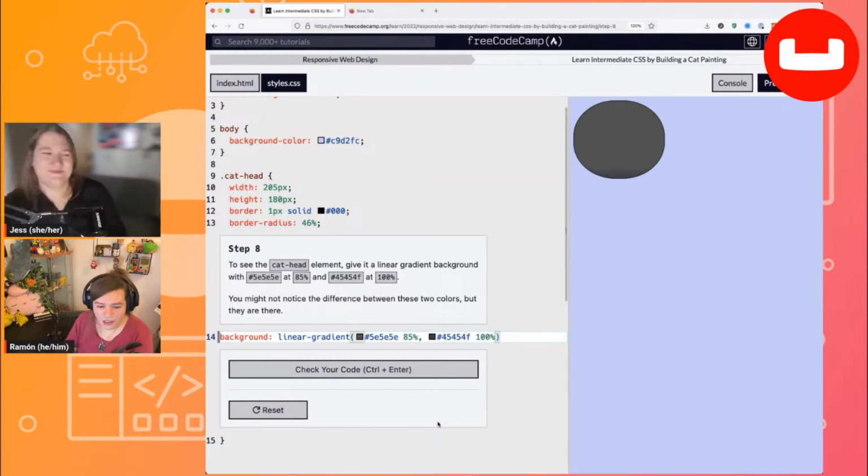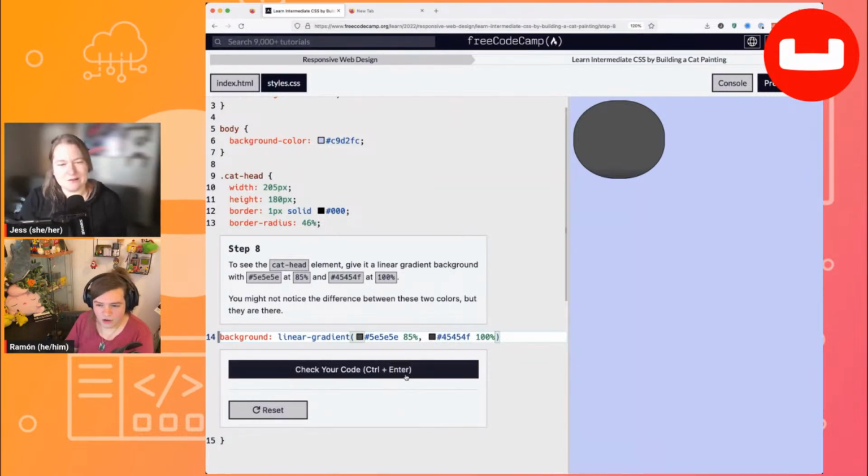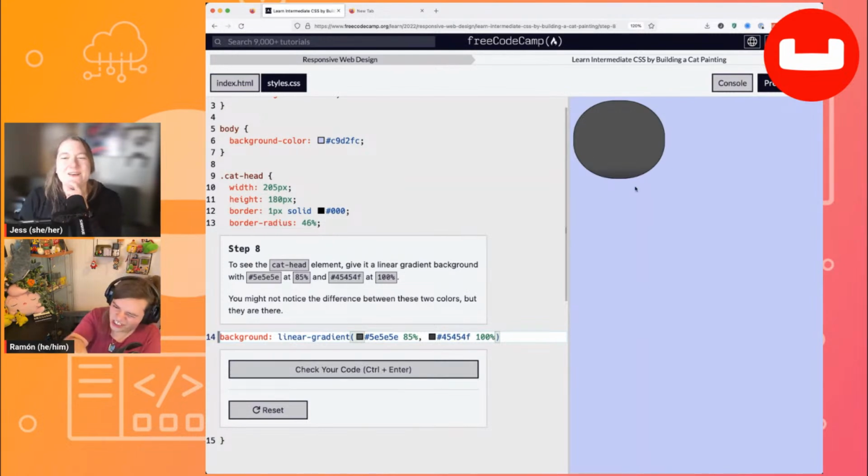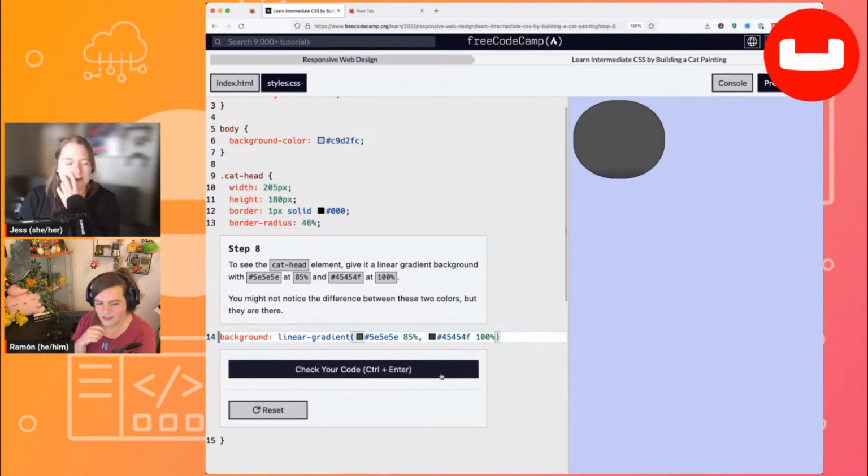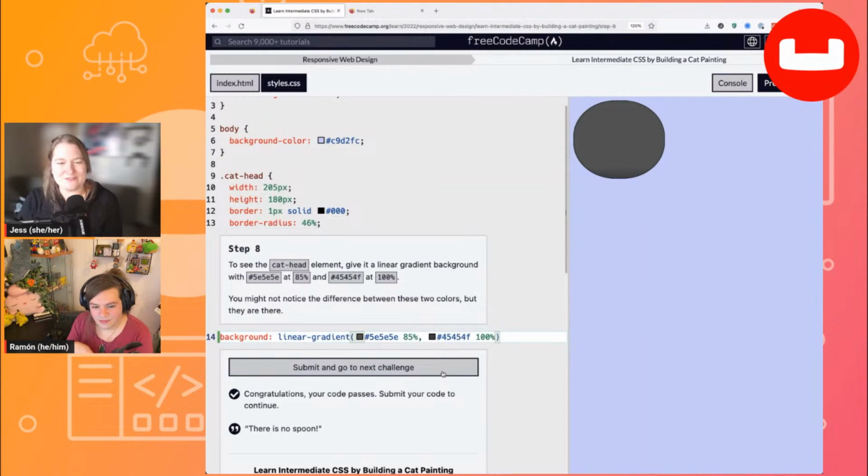We may not notice the difference between the color. I can see a little shadow. I think it may be the placebo effect for color, but